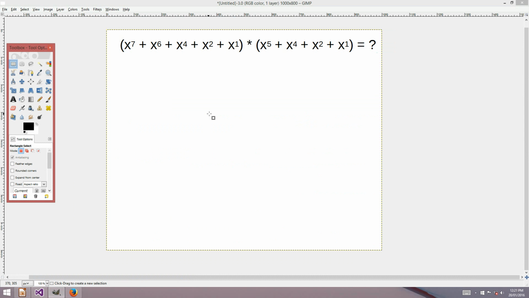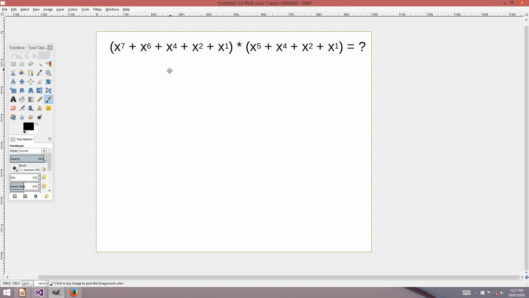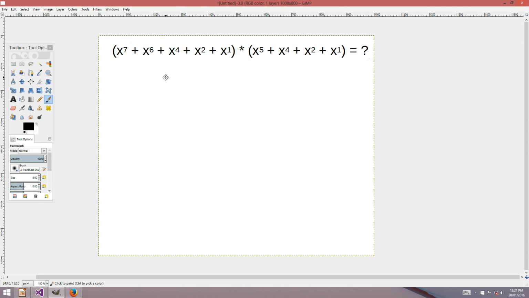I'll just get my pen out. All right, so that's the two polynomials up there from the example just a minute ago. So if we were to multiply these two polynomials, I can't zoom for some reason. It's very annoying. If we were to multiply these two polynomials normally, what we would do is, well, you might start out by